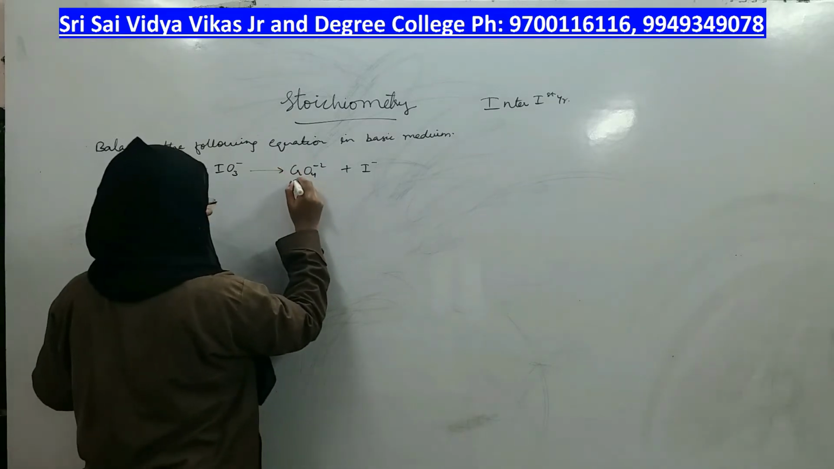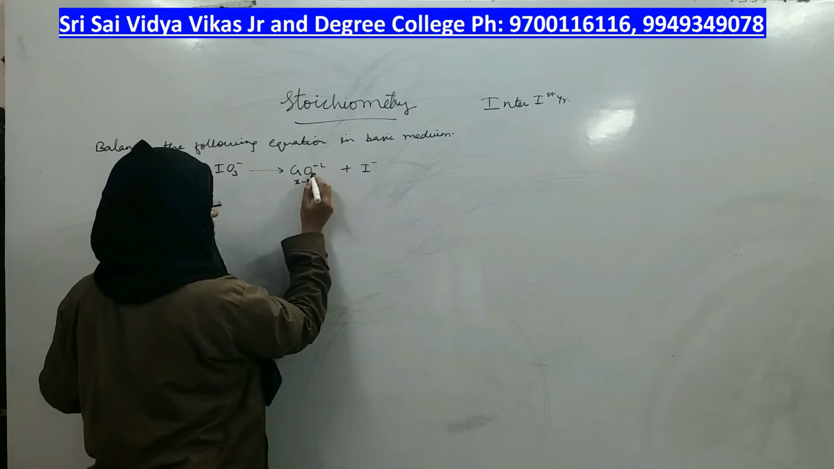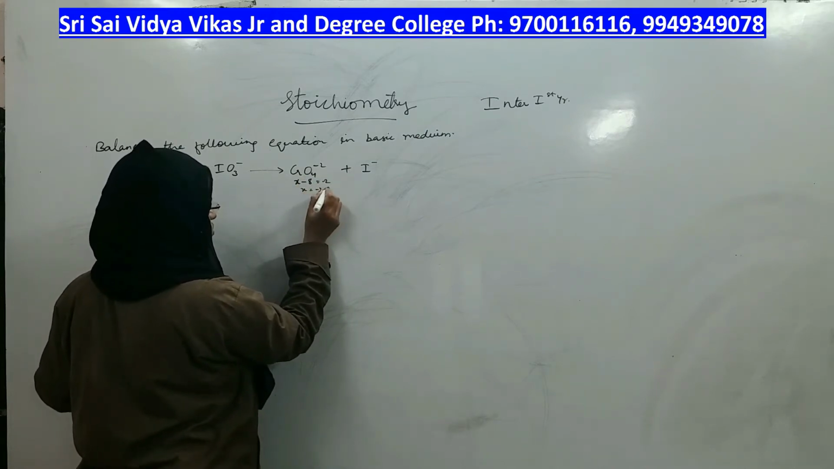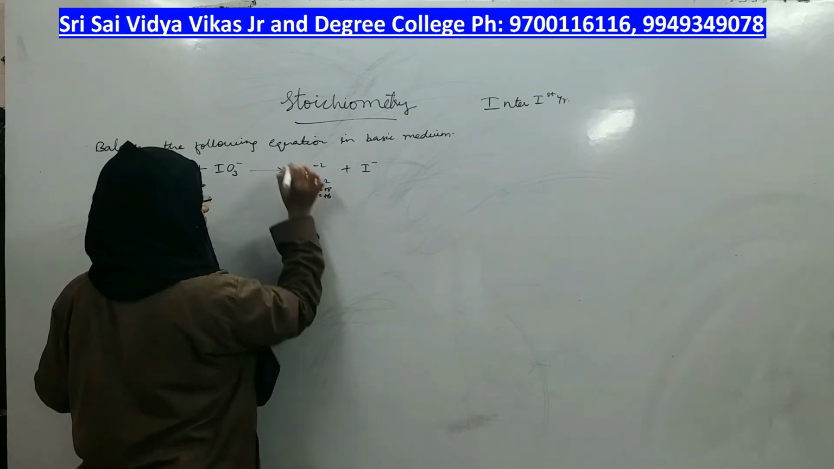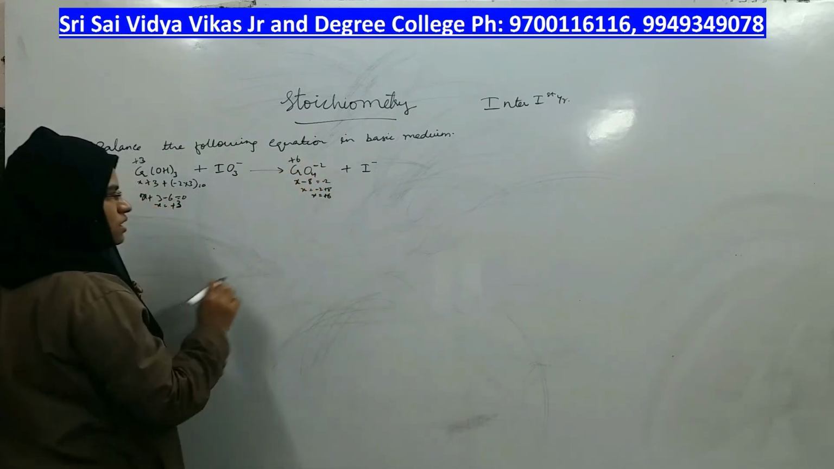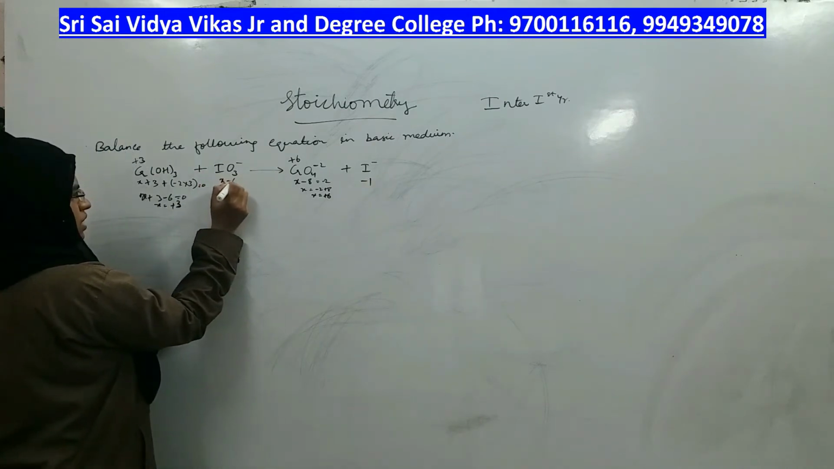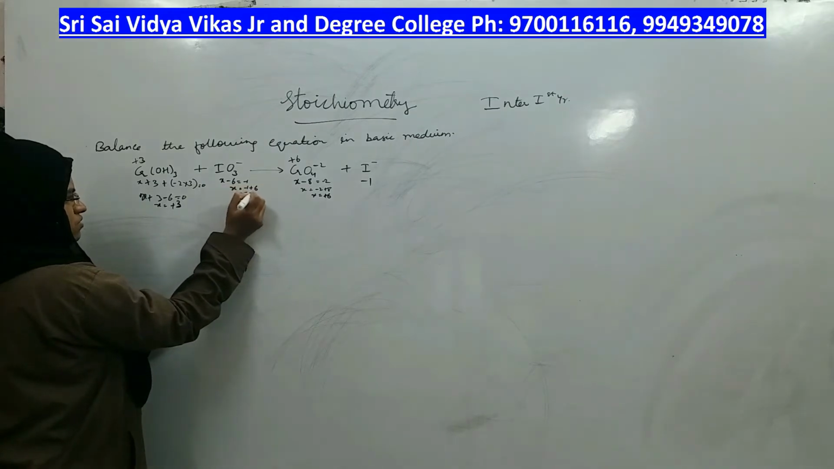Here what is the charge? X minus 8 is equal to minus 2. X is equal to minus 2 plus 8, x is equal to plus 6. Iodide has a charge of minus 1. In iodate, x minus 6 is equal to minus 1, x is equal to minus 1 plus 6, x is equal to plus 5,